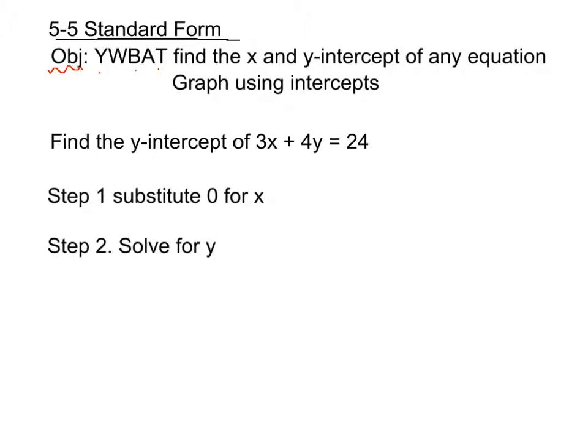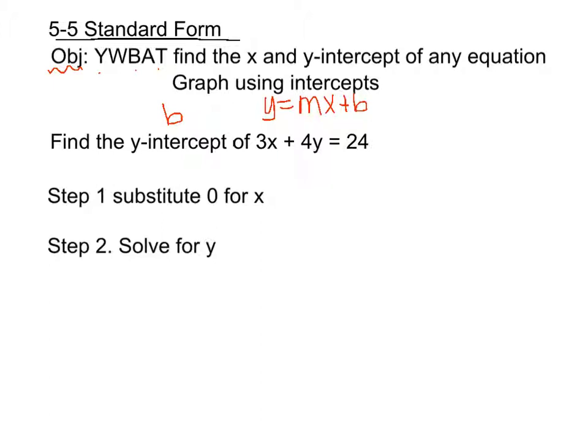So the first part is we're going to find the y-intercept of the equation 3x plus 4y equals 24. Now last week we learned that one way to find the y-intercept is to find b. And so we could get this equation in y equals mx plus b form. And this problem actually works out fairly nicely, and that wouldn't be too difficult to do. But if you didn't care for that method, or maybe by now you've forgotten it,